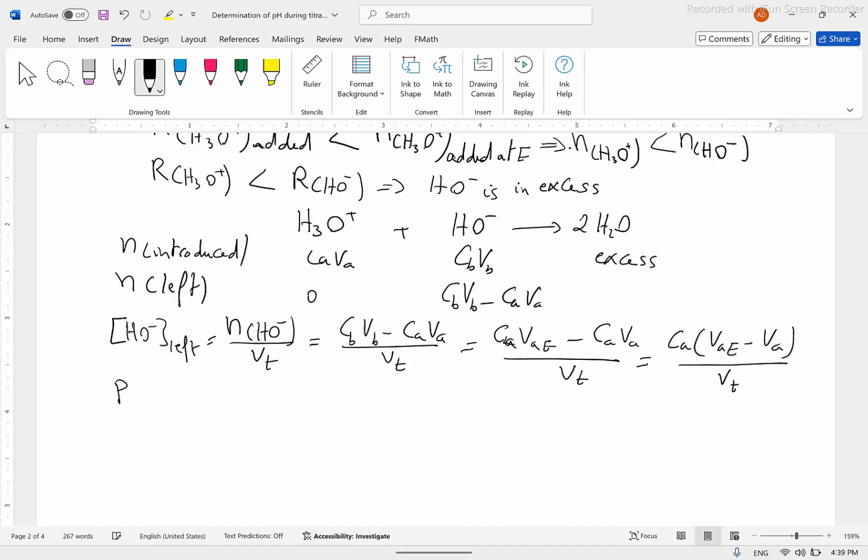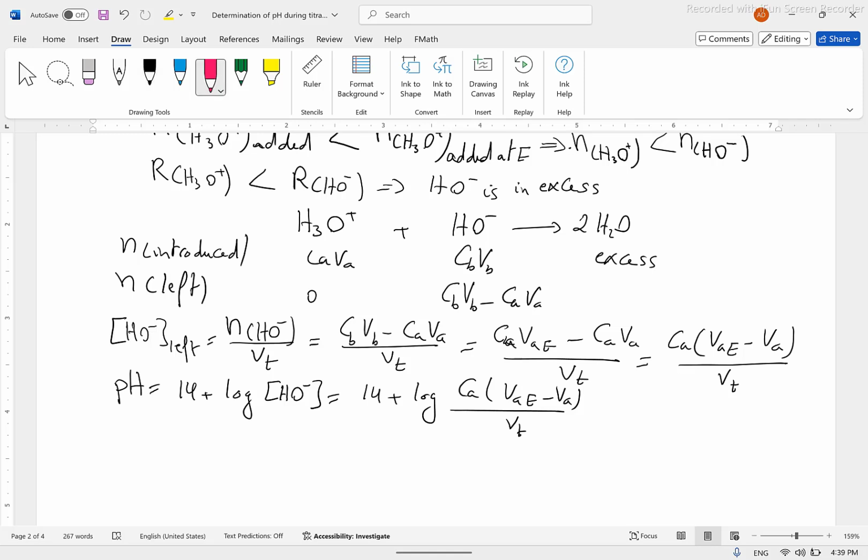Now the pH equals 14 plus log of the concentration of HO⁻, since the medium is basic, equals 14 plus log CA(VAE minus VA) over V total. By replacing CA and V total by their values, we can deduce the final relation. Second case, if